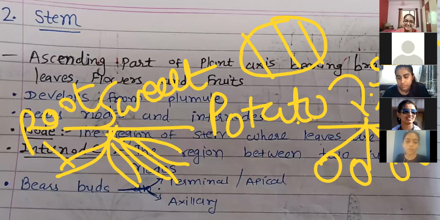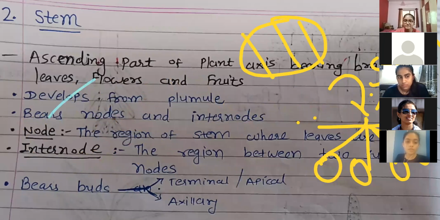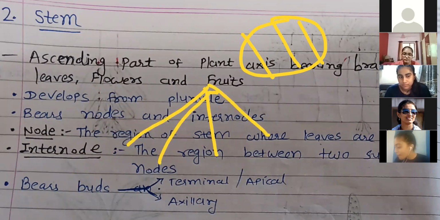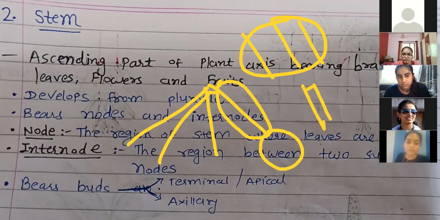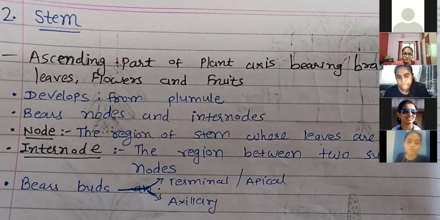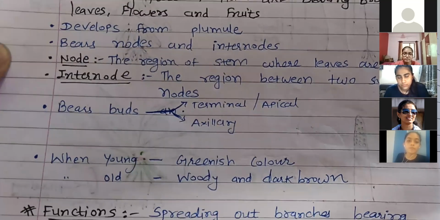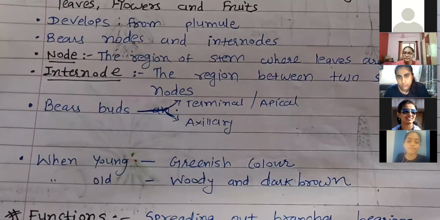So next feature that indirectly indicates this: see, initially the potato's branches are like this, but in the apical region, when food is stored, it becomes a swollen structure that we call the potato. When we observe this part, we can clearly observe this type of demarcation, right? But this type of demarcation is not present in the case of the root. So that's why we can say that sweet potato is the root and the potato is the stem.